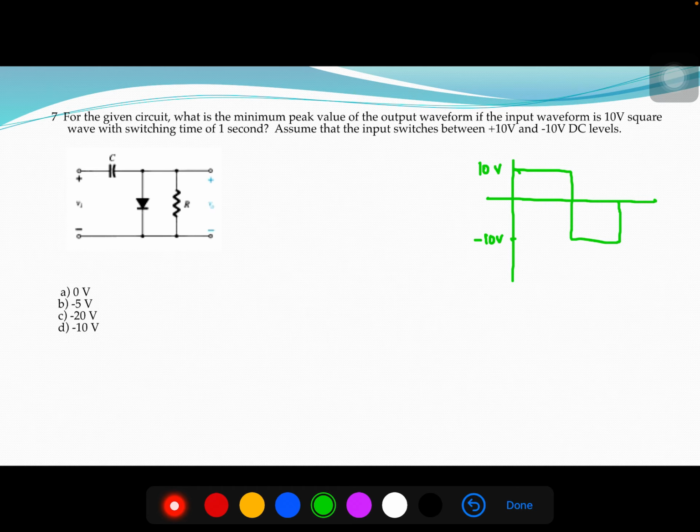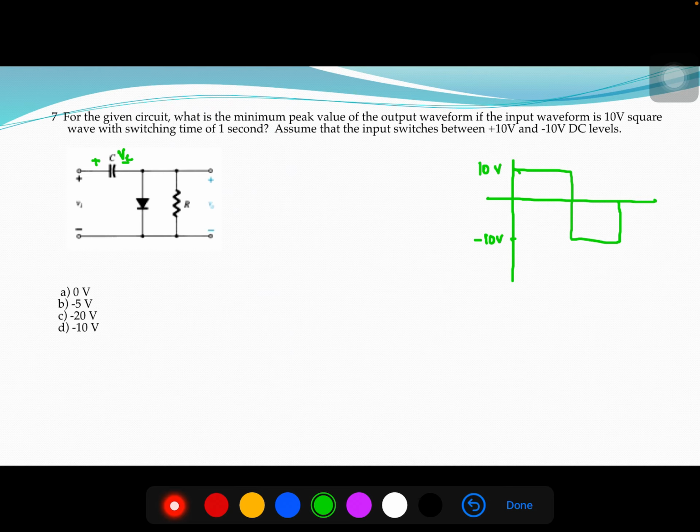Now let us solve it. For solving this circuit, first of all you need to charge the capacitor. So let us mark the polarity of the capacitor first. Why have I marked the polarity as plus minus, why not minus plus? Because for marking the polarity, first of all you have to make your diode forward. The capacitor will only charge when the diode is forward, because the current will conduct through the diode.